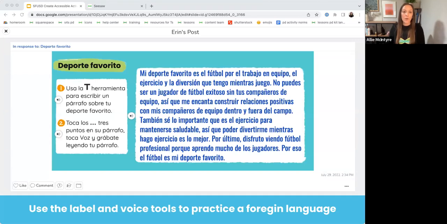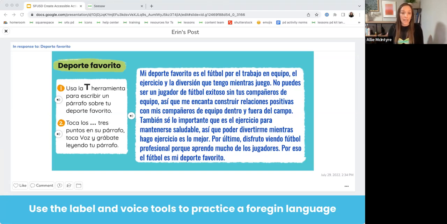So here's an example of a Seesaw template. Now, do not worry. Templates do not need to be this detailed. If you don't want to, I'll show you some very basic templates as well. What the teacher did is they included those step-by-step written directions on the left and recorded the directions in audio. You're going to see those little speaker buttons right here. Students are able to click on those speakers and listen to the teacher reading those directions, so the directions are accessible to all of your students.